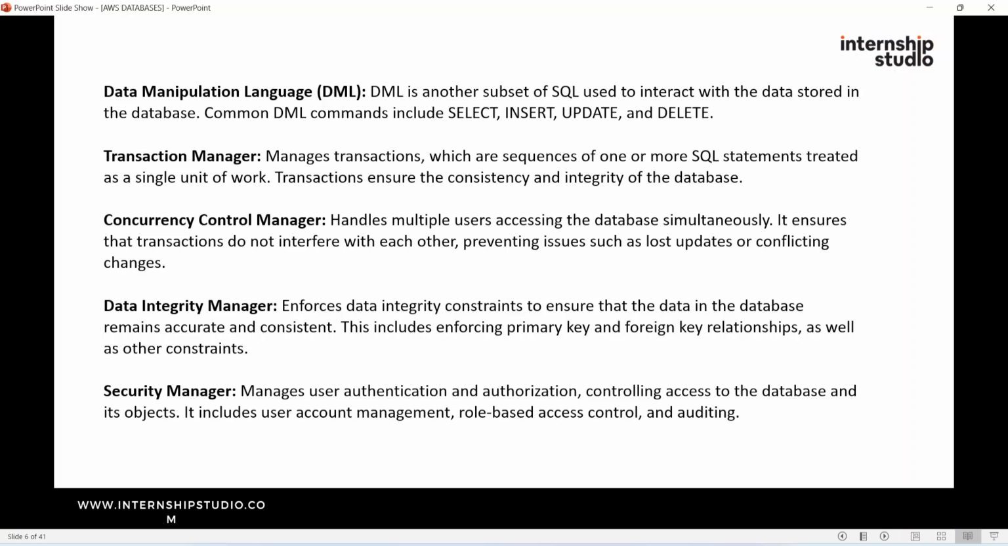Lastly, we have the security manager here. It is like the library's access control system. It regulates who can access the database and what actions they can perform. Security management is very critical to protect sensitive information and ensure that only authorized users can interact with the database. We can imagine a library requiring subscribers to show a valid library ID card before borrowing